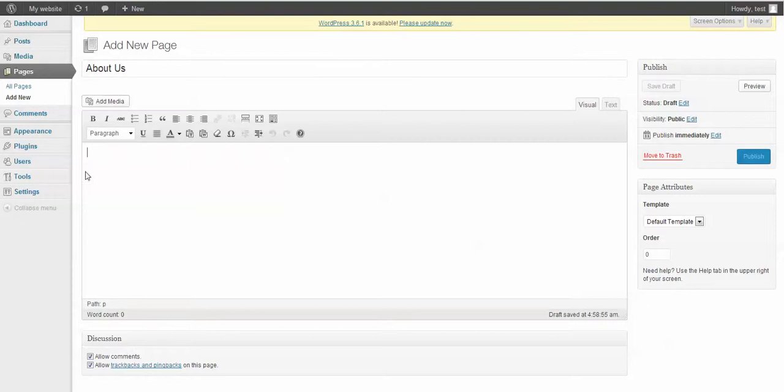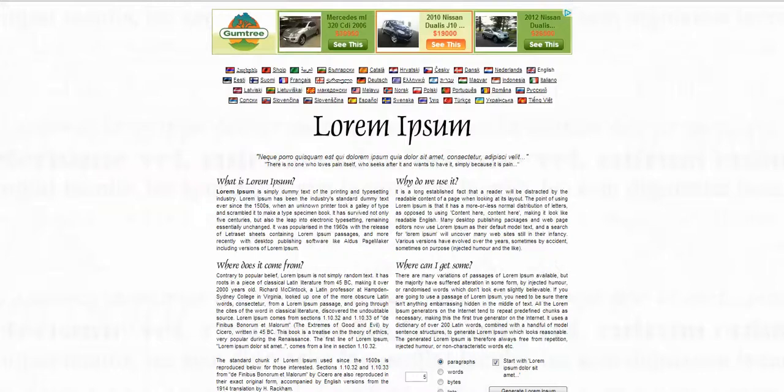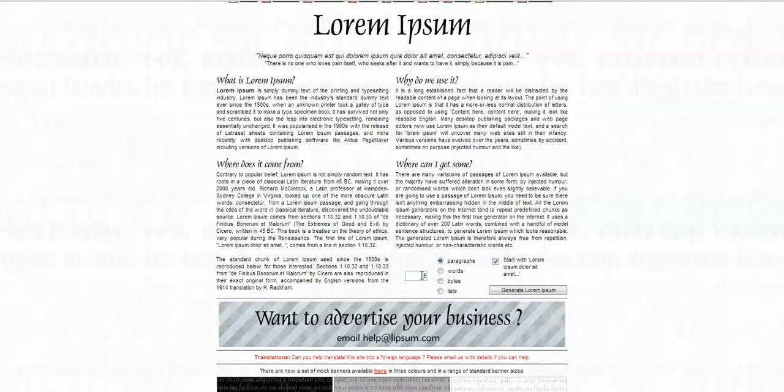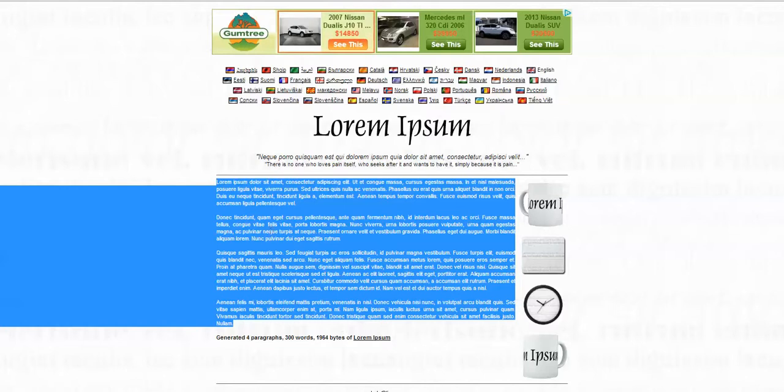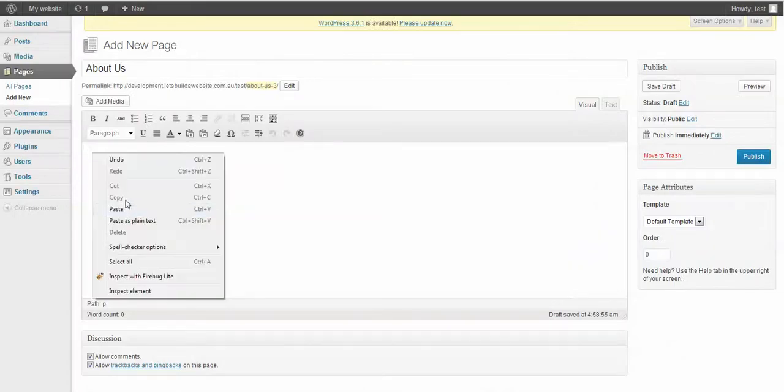In this white text area, this is where you place all your text and images, or all the content for your page. That could also include videos, PDFs, and anything else, gallery. For now, we're just going to put in some dummy text. I'm just going to go over to the Lorem Ipsum website and generate about 300 words. It's recommended, as the search engines prefer it, that you have a minimum of 300 to 400 words per page. So I'm just going to copy that text, and then I'm going to paste it back